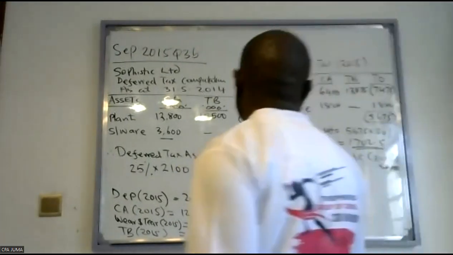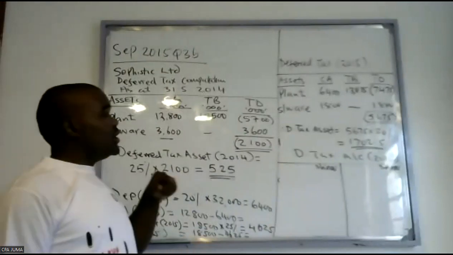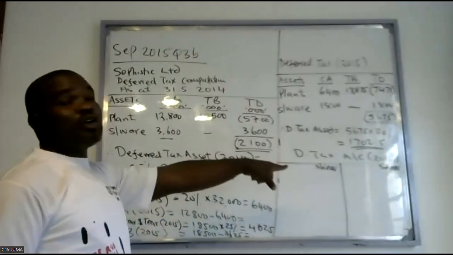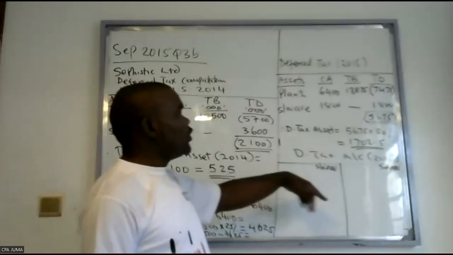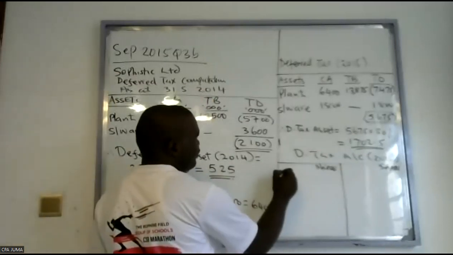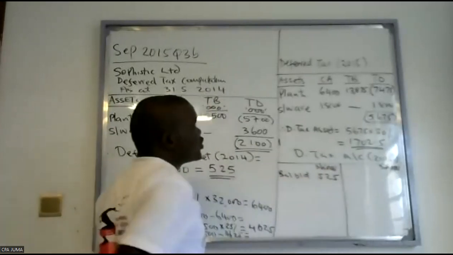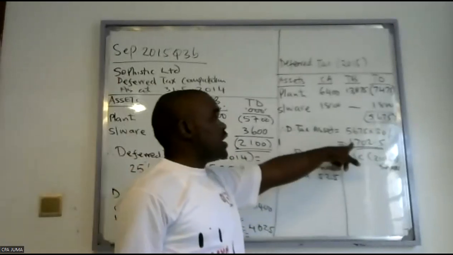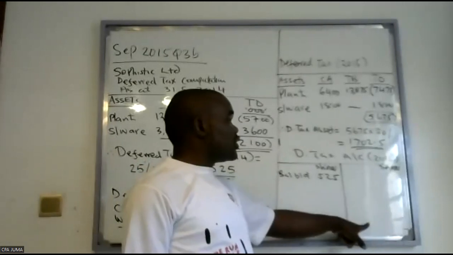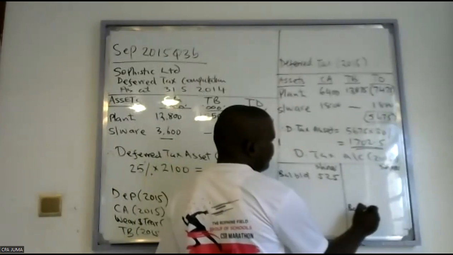So all of them were deferred tax assets. In 2014, there was a deferred tax asset of 525. So you bring it down in 2015. An asset will not be on the credit, rather debit. So balance brought down is 525. Also in 2015, the balance is an asset, so carried down will be on the credit. Assets are carried down on credit so that you open with them on the debit. So balance carried down